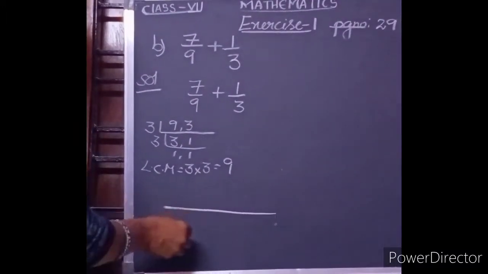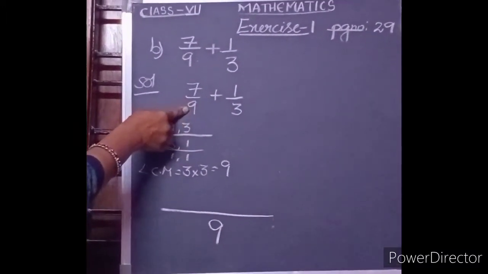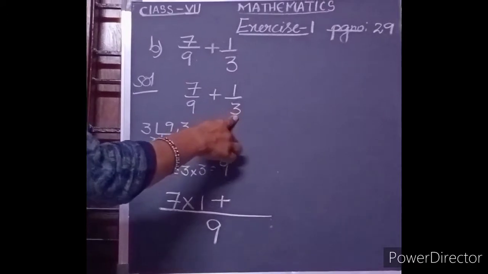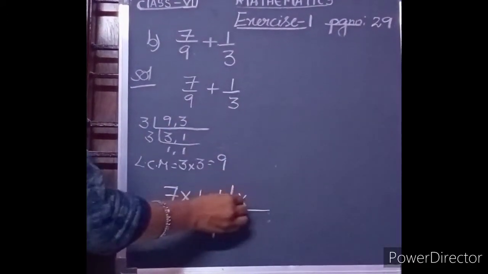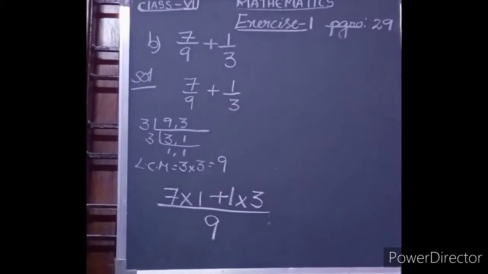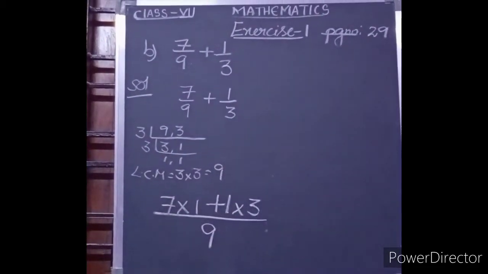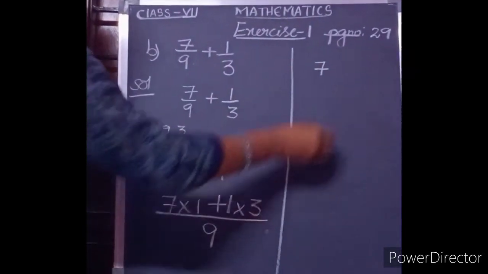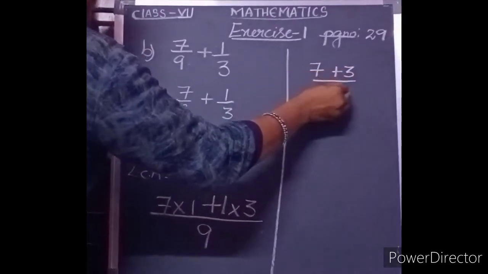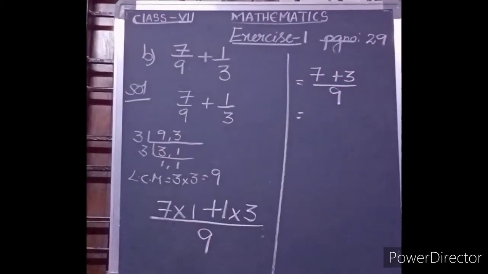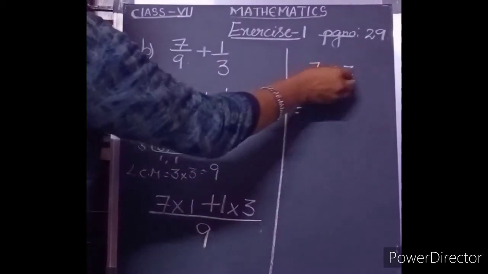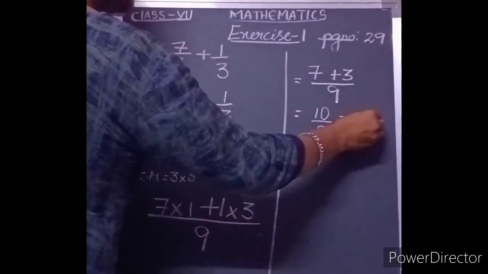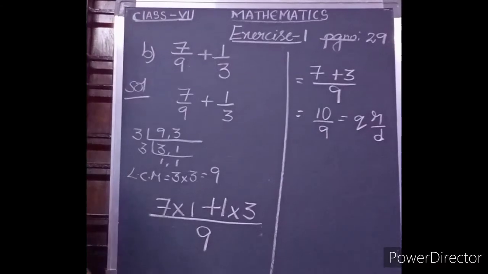Now, after taking the LCM 9, in the 9 table when will 9 go, 1, so 7 into 1, plus in the 3 table when will 9 go, 3, so 1 into 3. It is 9. Like that we have to do. Now 7 into 1, 7 1s are 7. 1 into 3 plus 1, 1 3 is 3 by 9. Always we have to write the denominator for the fraction. Now 7 plus 3, how much, children? 10 by 9. Now which form do we have to write? Yes, QR by D form. So for that what do we need?